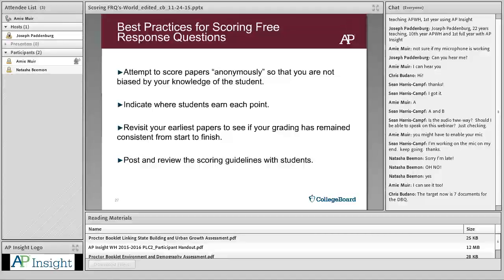All right. What you were talking about was indicating where students earn each point. Before, when I was teaching AP World all by myself, I was the only teacher at the school, I would actually color code highlight kids' essays. Like thesis was always pink, orange was always addressing, so each point had a different color, and then I would highlight their essay as you're reading because it's pretty easy to do. You don't have to necessarily write anything out because they have the key to the color code. So you just highlight as you're reading where they earn the points,